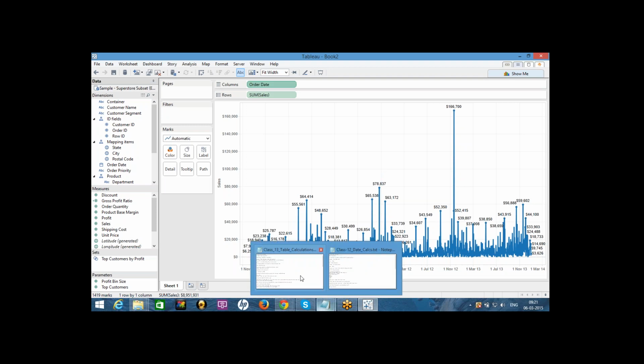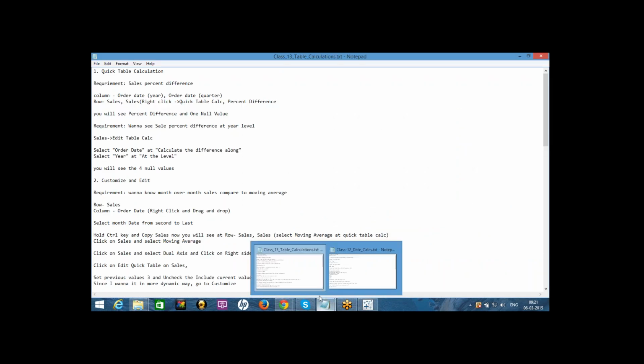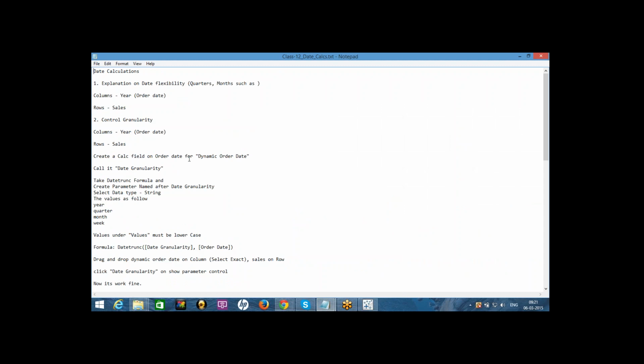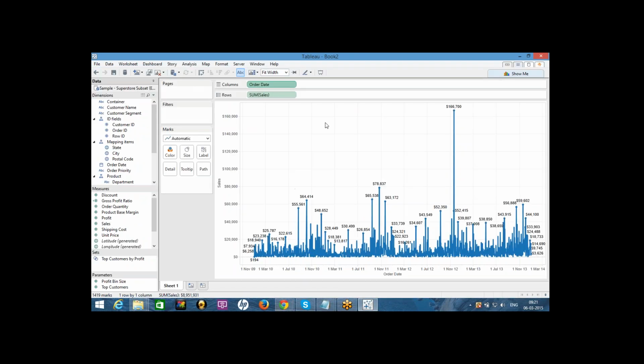And let us see some calculations, how we can do the calculations here. This kind of granularity can be maintained and controlled by the developer. As a developer, we can have all these features. We can control these granularity levels in Tableau. For example, if we want to give a presentation to the business owner, and we want to allow the business owner to see his data by this granularity, say for example year, quarter, month, week, and day.